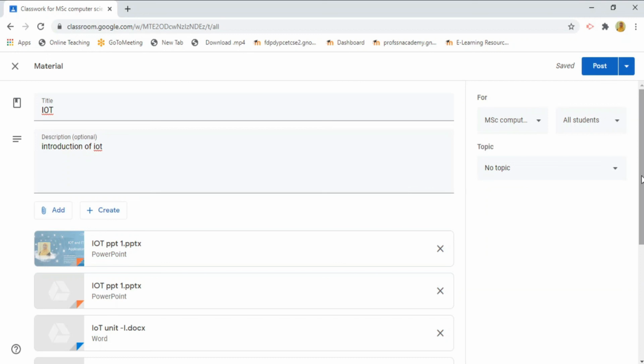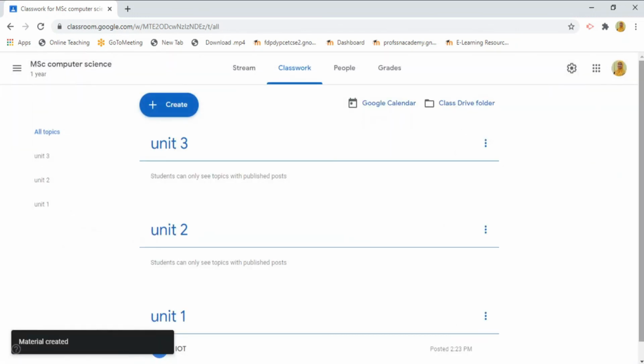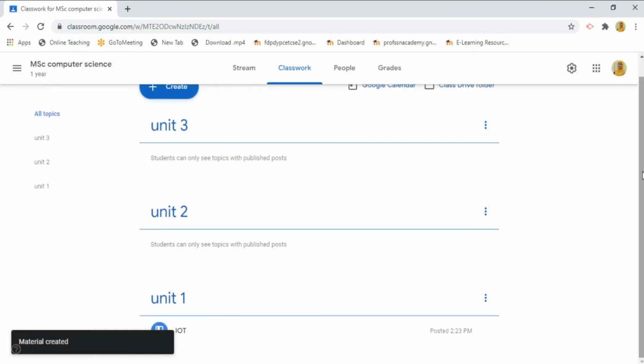Now, after creating this, it should come under a particular topic. So, you have to select the topic under which you want to add this content. For that, you are going to click on the topic option and select the unit 1 where you want the content to come under. Once you did all these steps, you just click on the post option. It is posting your content under unit 1. See here, now it has been uploaded successfully.